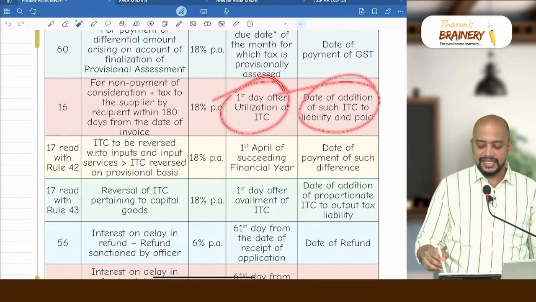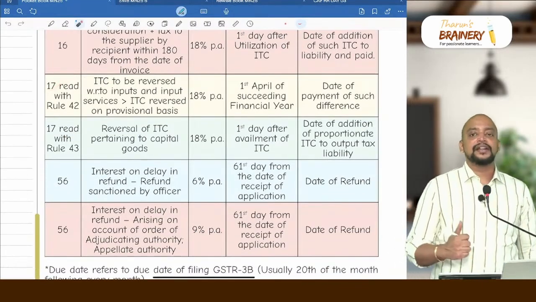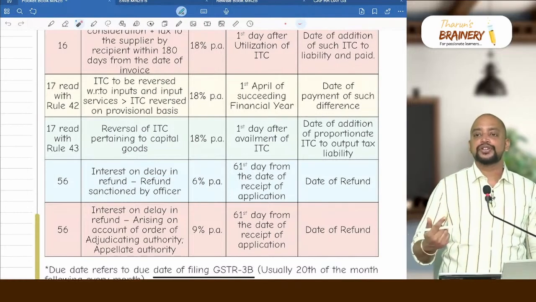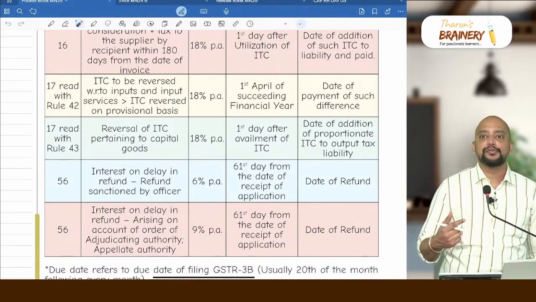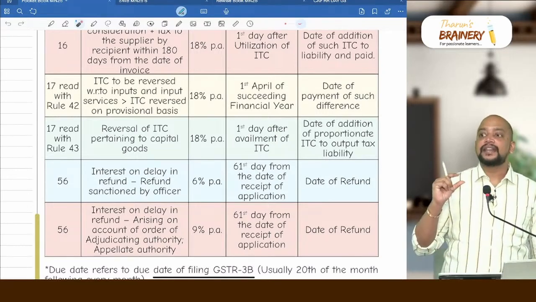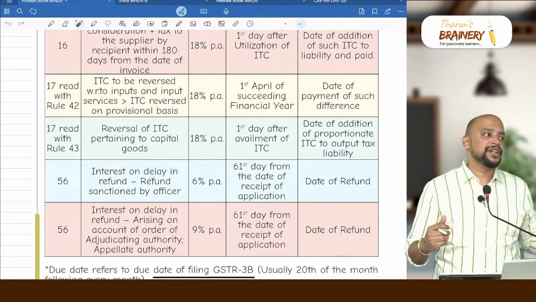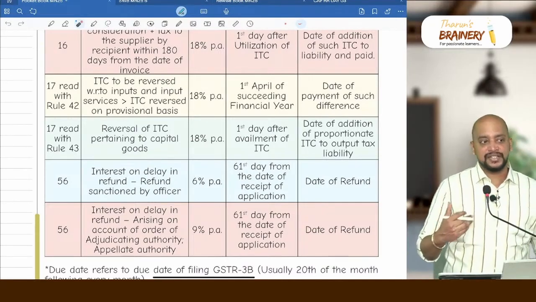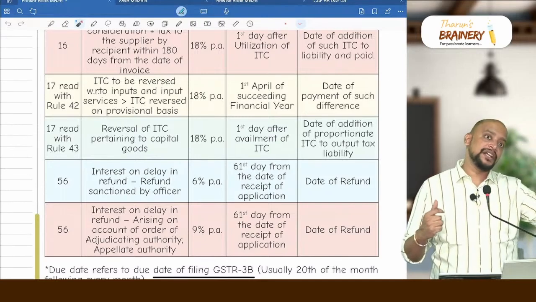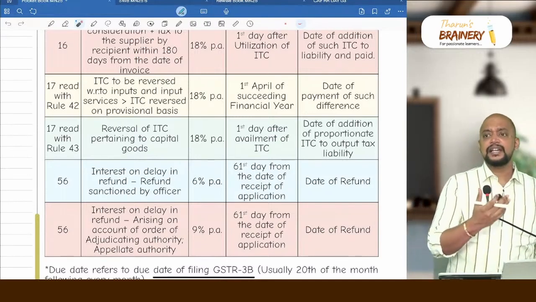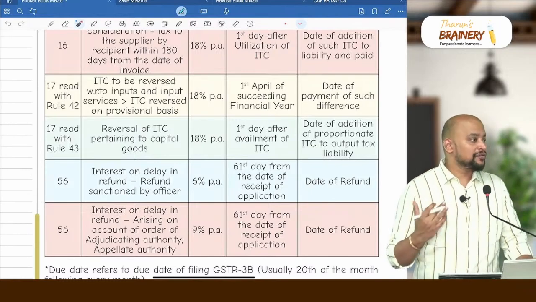So first day after utilization till the date of reversal. Then in Rule 42 also there is interest, that is, we need to reverse the proportionate ITC attributable to exempted supplies and proportionate ITC attributable to non-business purpose, and that again we need to compute at the end of the year. So monthly also we need to do the reversal, that is called provisional reversal. At the end of the year also we need to do it finally, and whatever we have already reversed is less than what we need to reverse, the differential amount we need to pay along with interest at the rate